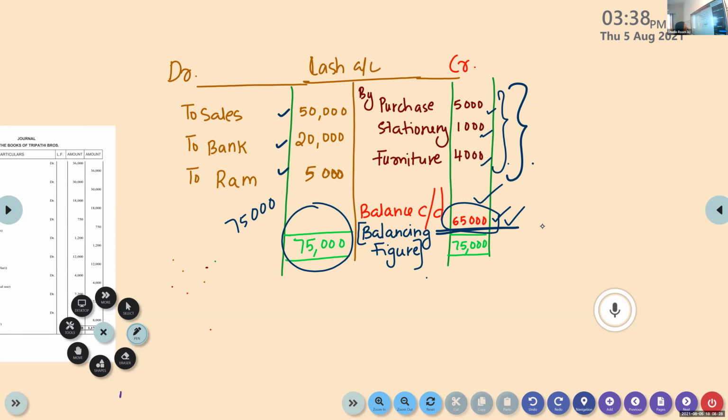Is it clear now? Anish, is it clear? Yes, ma'am. Yes. Now let us prepare the ledger accounts